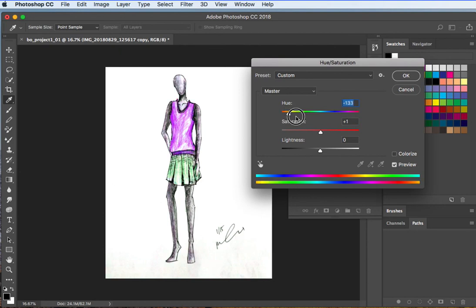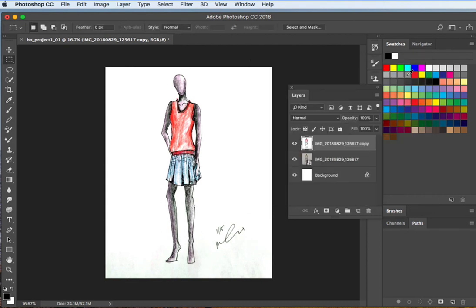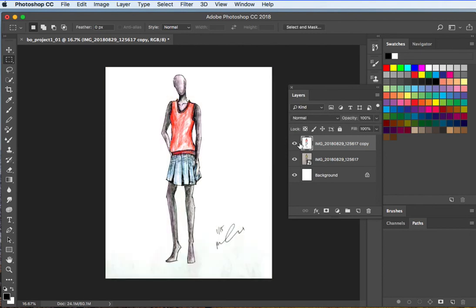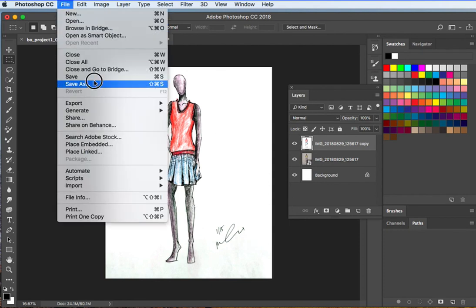I can also, yeah, I think I like red, so I can play there. And then when I say OK, here is my original, and here is the version with a little bit of Photoshop added. This is good, and we can go File, Save As,